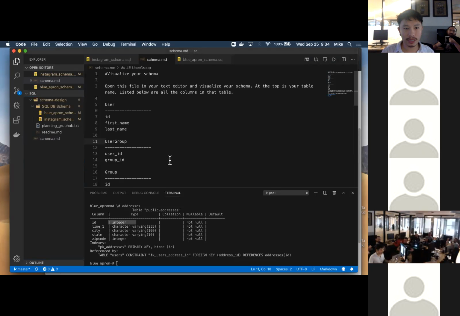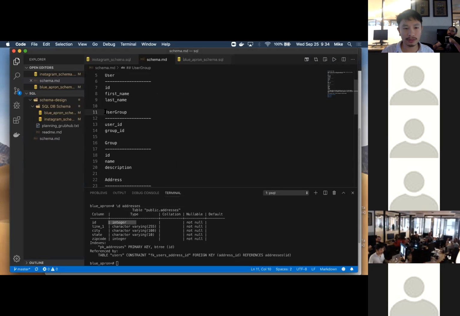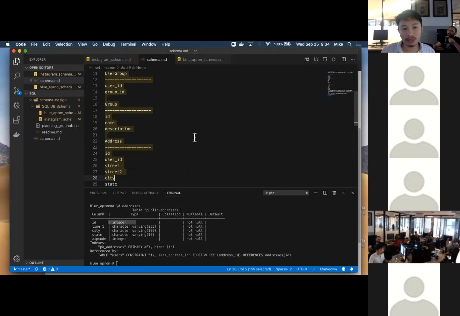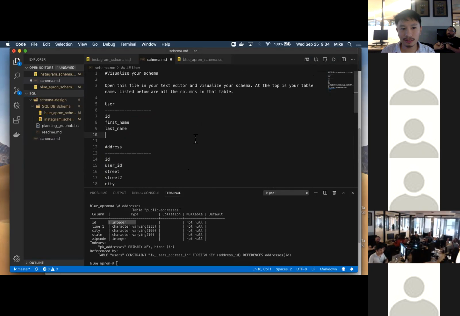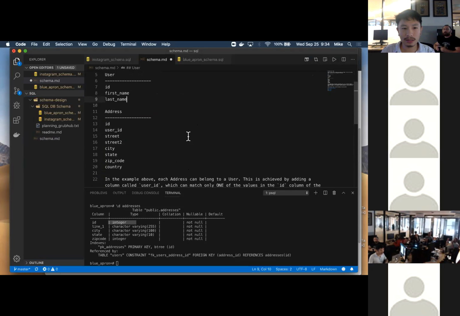Okay, we have users. Not every app will have users, and that makes an app way easier, but Uber has users. Uber does have an address. And it has destination. It has many addresses. So would destination be separate from address? I feel like yes, but a destination would have an address.